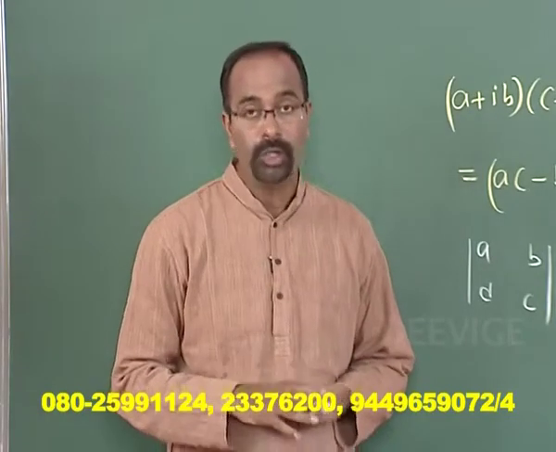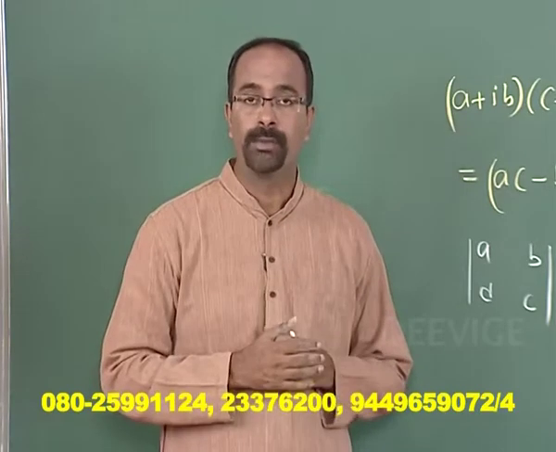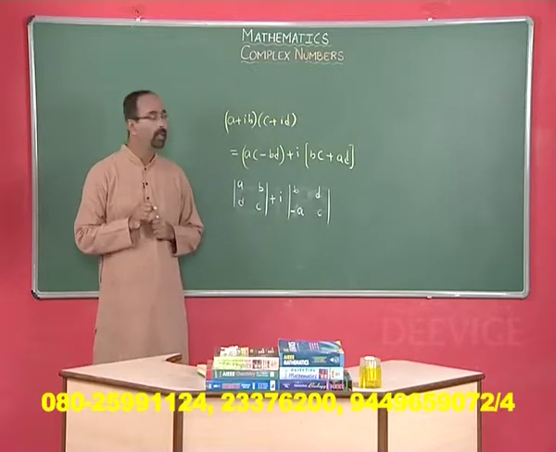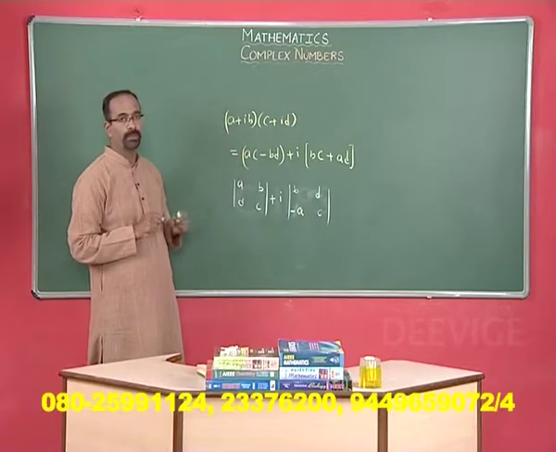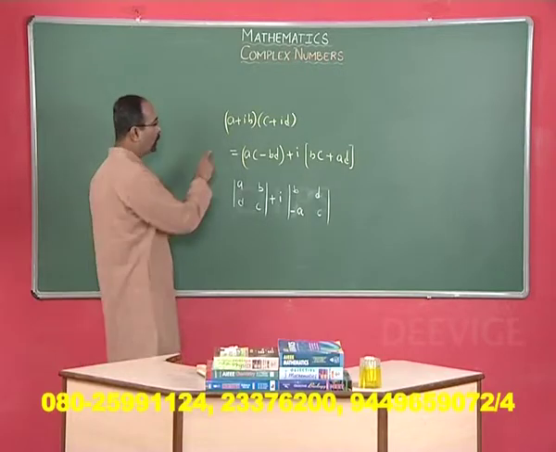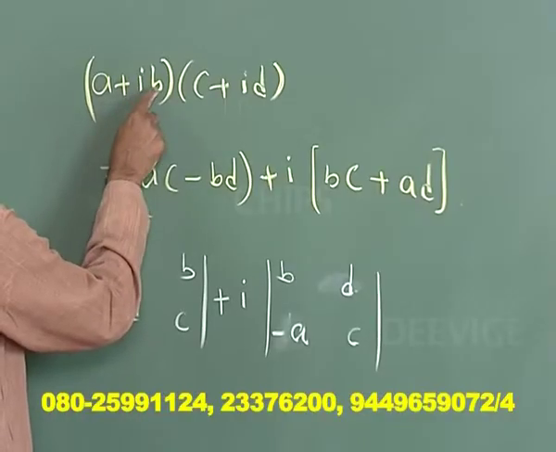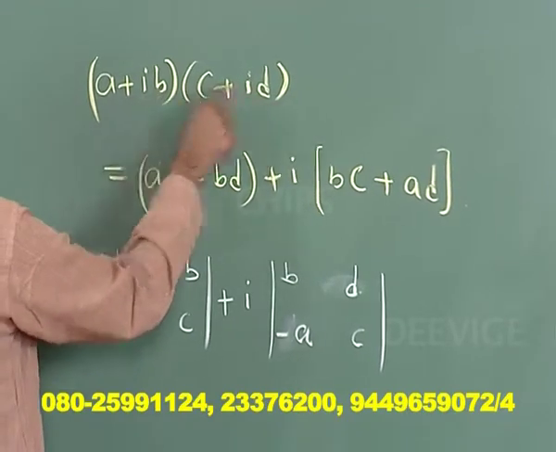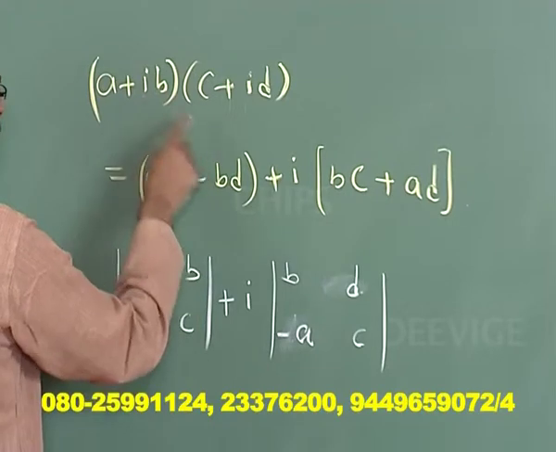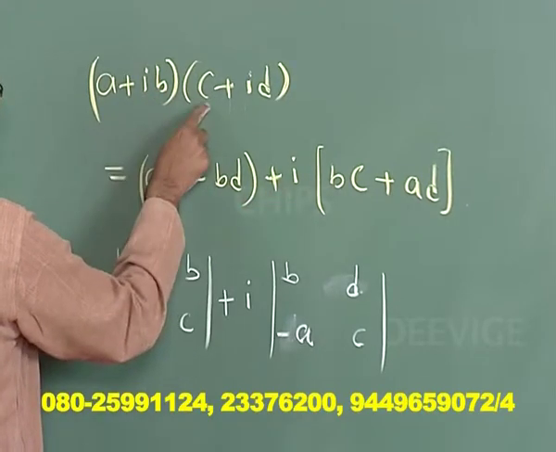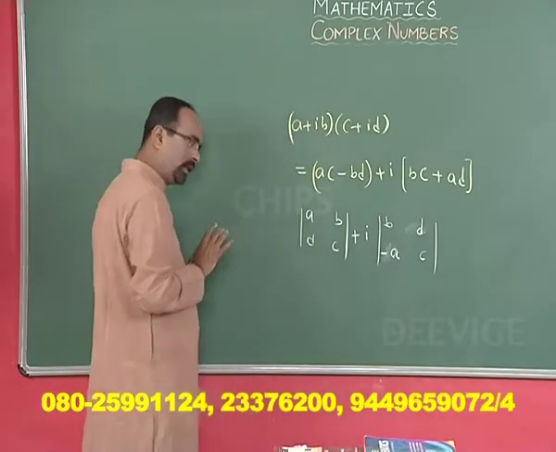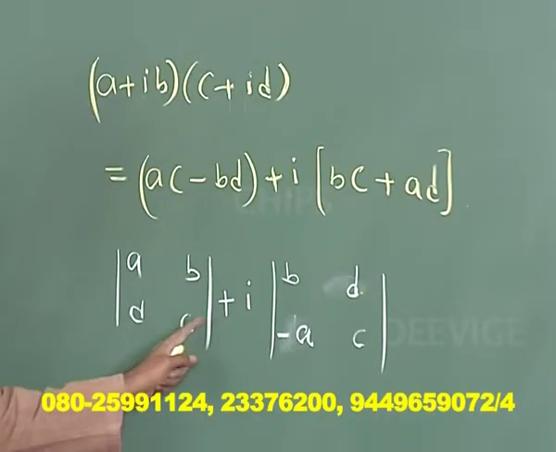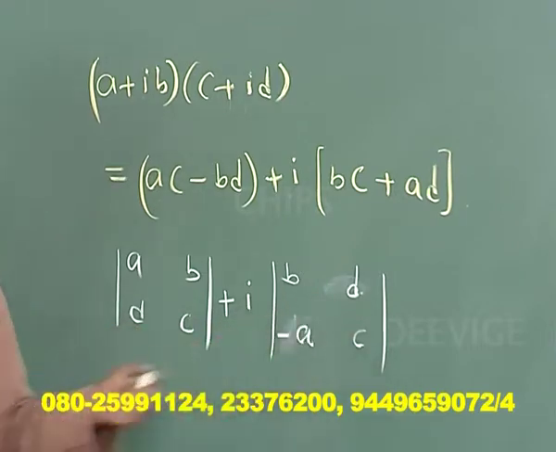Dear students, you must know that multiplication of two complex numbers gives you another complex number, and multiplication also has a shortcut. If a plus ib is multiplied by c plus id, then that is equal to ac minus bd, that you are getting because i squared into bd, ac minus bd, plus i times (bc plus ad), or you can also write this in the modulus form, |ad − bc| plus i times |bd − ac|.